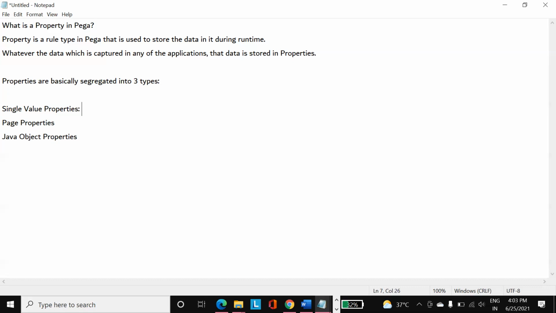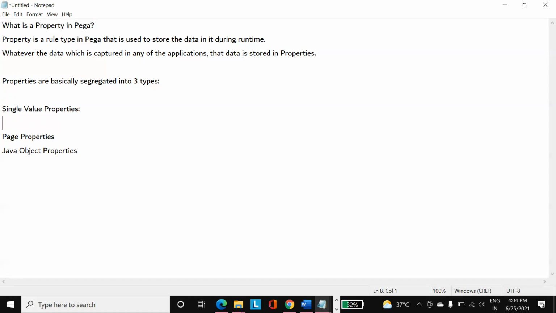How is it related? In the previous example I showed you, dot name, dot age, and date of birth. These are all examples of single value properties, because in the name field we store only one value at a time. Dot name is equal to something like John. If we give another value to the dot name property, the old value is overridden with the new value.